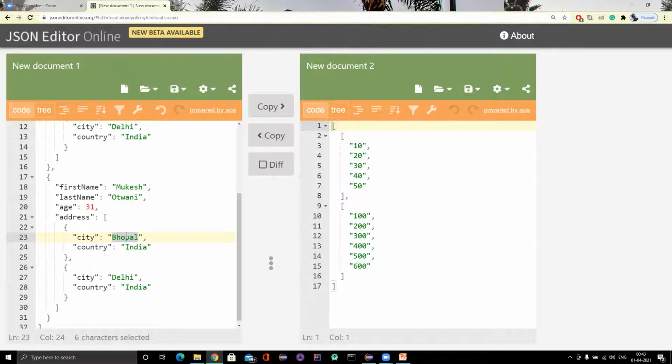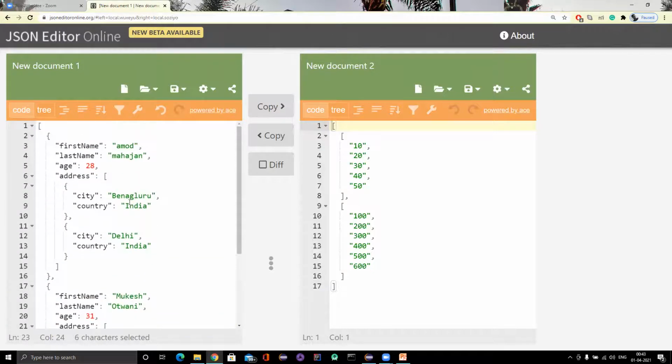Or suppose I've updated my address, and you want to check whether the place is really updated. Then you have to hit the API, get the detail, get my city list, and check whether my new city has been added.